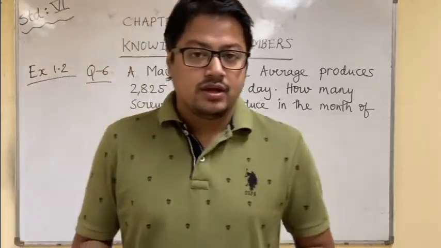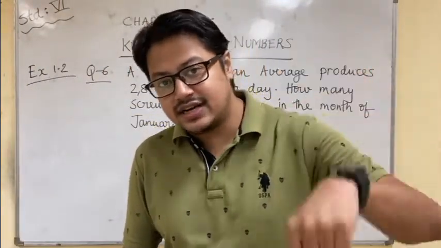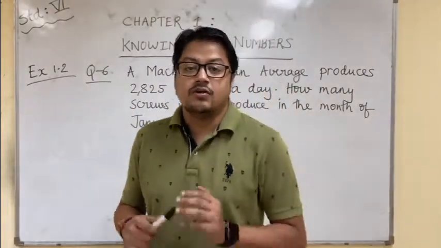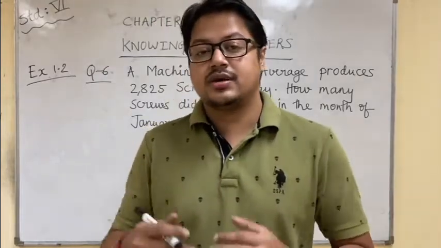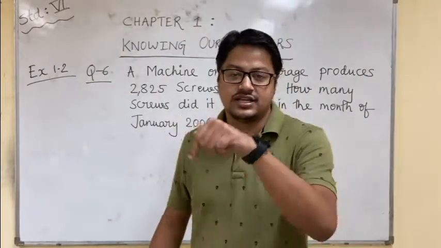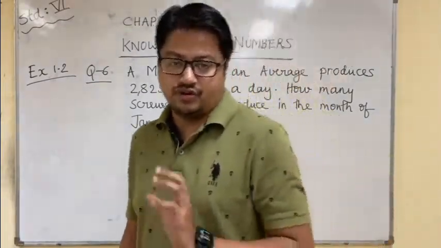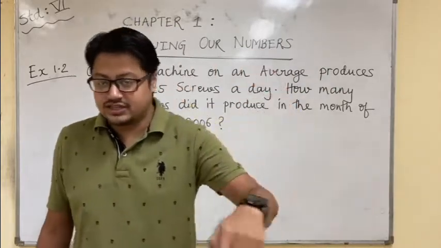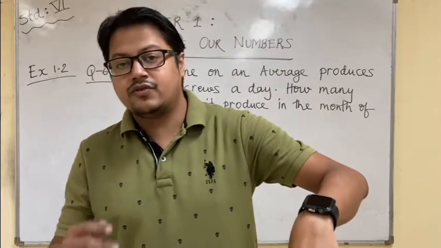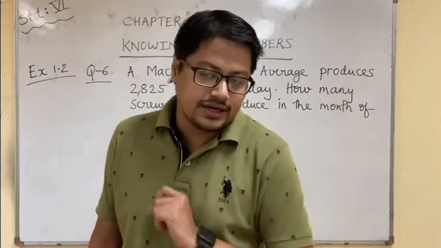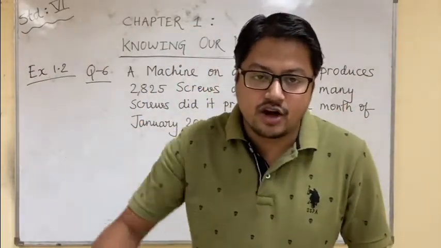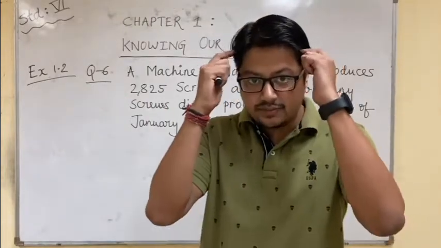So listen to me, when some numbers for a single day is given, you have to calculate for multiple days, then you will do multiplication. Whereas in the other case of division, some numbers for multiple days are given and you have to calculate for single day or single cost or the single item, that will be used for division. Very simple. If cost of one object is given, you have to find the cost of multiple objects, you will do multiplication. If cost of multiple objects are given, you have to find the cost of single object, you will do division. So please keep these things in mind.